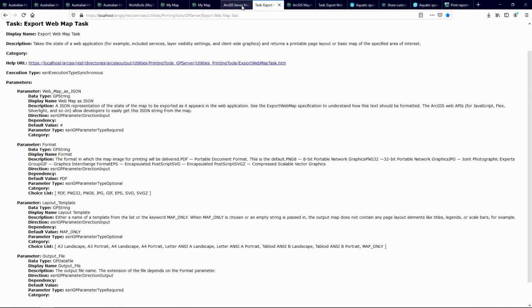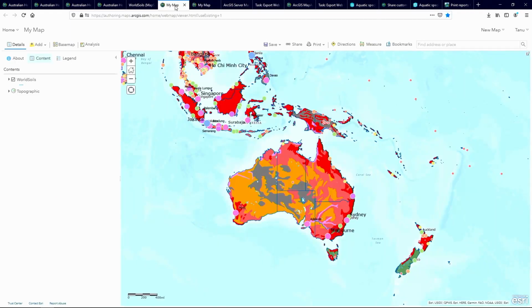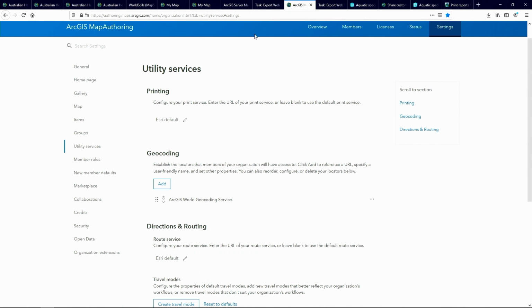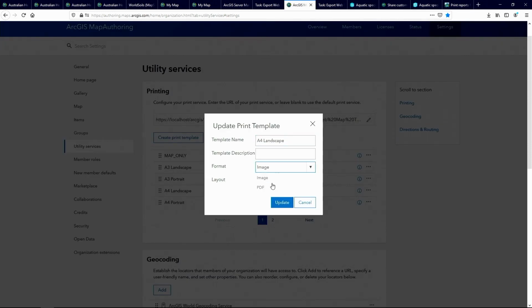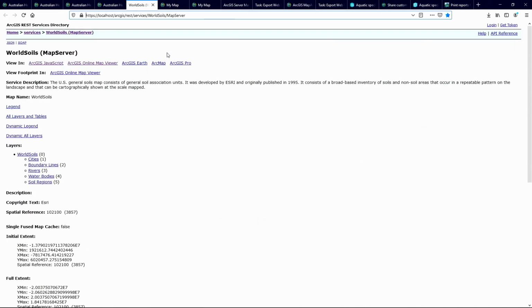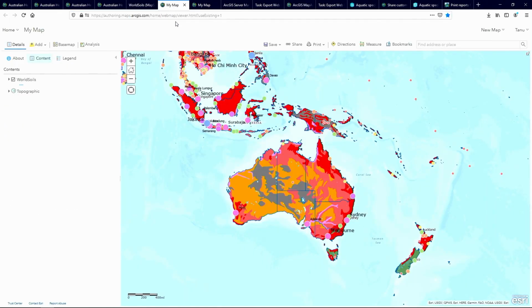Okay. Now that I have it, how can I use that with my map viewer? Since I'm actually running it on ArcGIS Online, I need to sign on to my ArcGIS Online and then under settings, there is a utility services tab, and I can paste my URL there. Okay. There are a few things I will modify in here. For A4 landscape, I want that output to be a PDF, and I want to include my legend. Now that I have updated it, I need to go back to my map, refresh it,